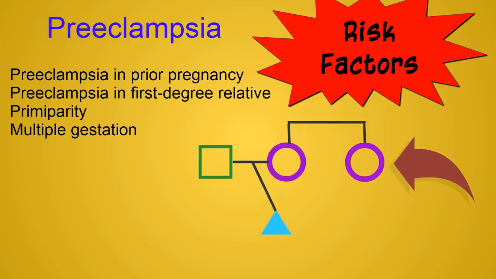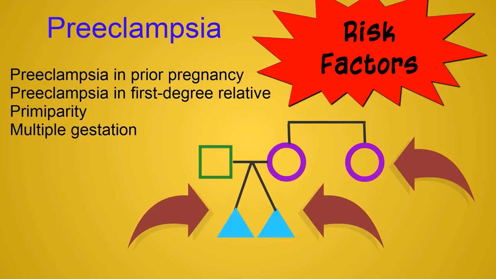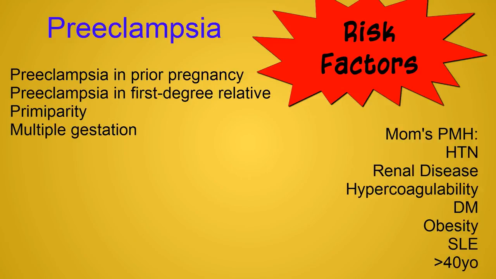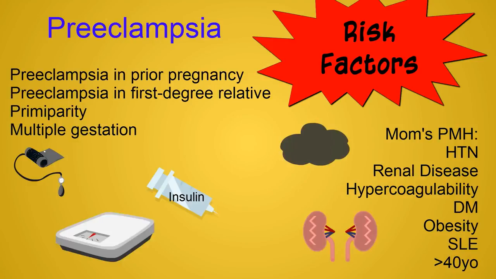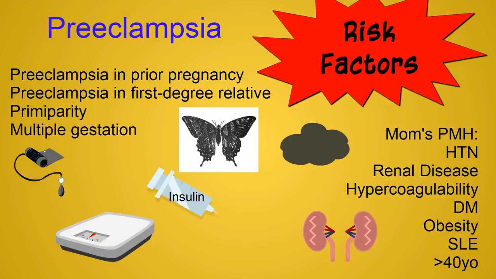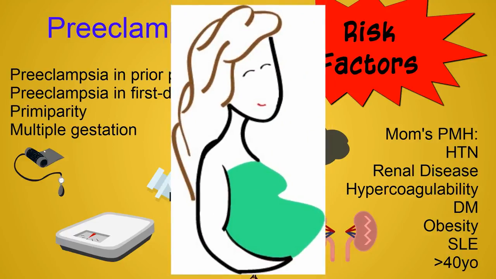Preeclampsia in a first-degree relative, primiparity, and multiple gestation are also important risk factors to consider. The mother's past medical history should also be reviewed for risk factors, including pre-existing hypertension, renal disease, hypercoagulability, diabetes, obesity, lupus, and age greater than 40 years. Nonetheless, it is important to note that most cases of preeclampsia occur in healthy nulliparous women with no other obvious